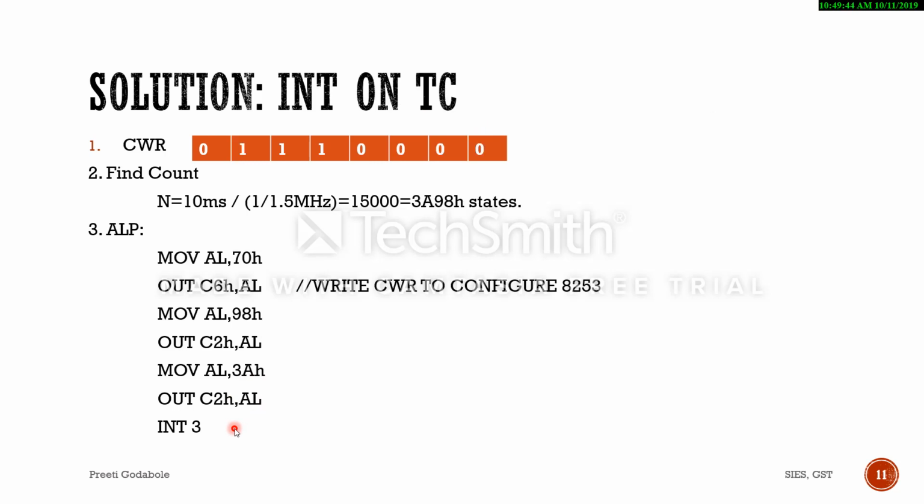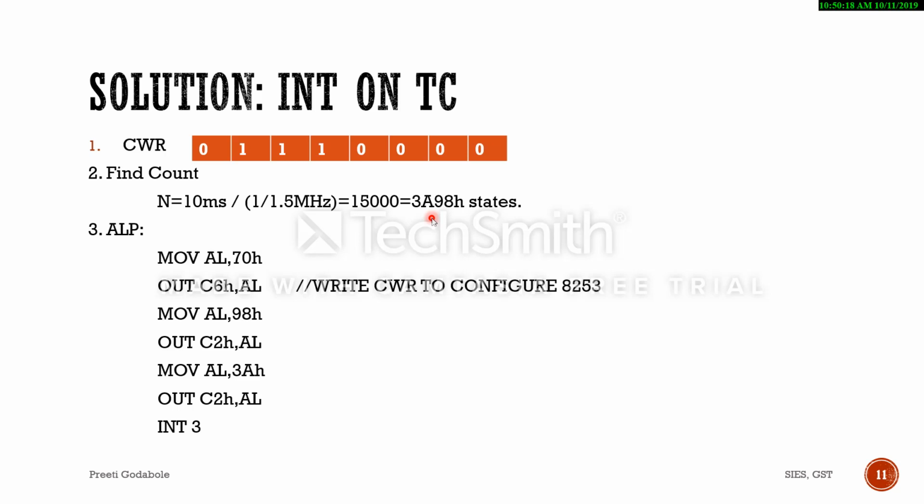The next part of the application is we need to generate an interrupt signal on reaching the terminal count, and this is mode 0 of 8253. So let's say we are using counter 1 here. We are loading the value of the count in the same way as we have done in the previous example. The mode is 000. Now here we are going for a hex counting. Why are we going for a hex counting? Because the value of the count in decimal is 15,000, which is extending beyond 16 bit. So that's why we convert this to hex, which gives us a value of 3A98.